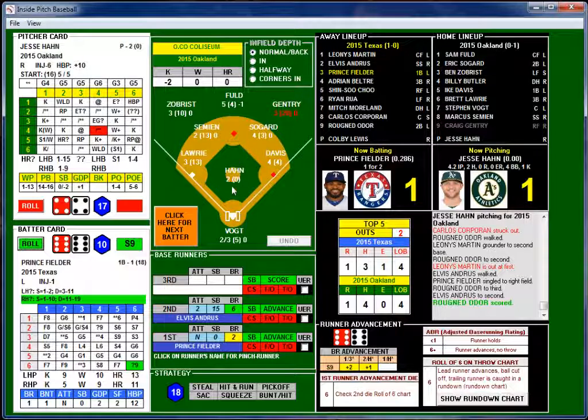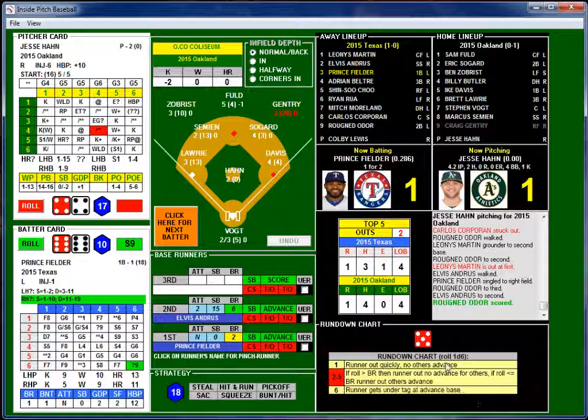Now this guy on second, Elvis, is thinking about going to third. He is now, the ball was cut off. Instead of going home, pitcher grabs it, throws it over to third as Elvis is headed over there. Now they got him in a rundown. So we're going to look at the rundown chart. And it's a 5. So if roll is greater than the base runner, then the base runner is out, no advance for others.